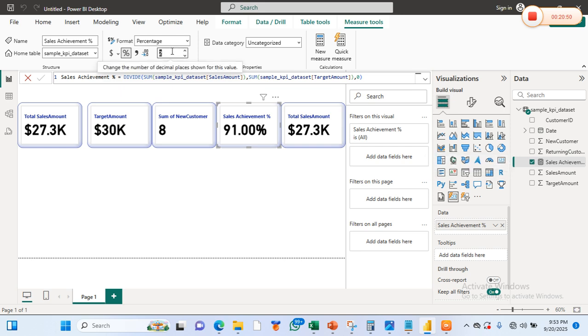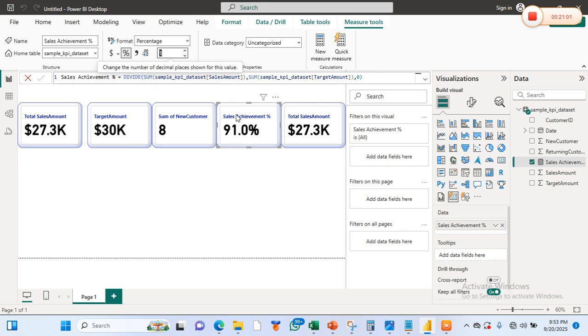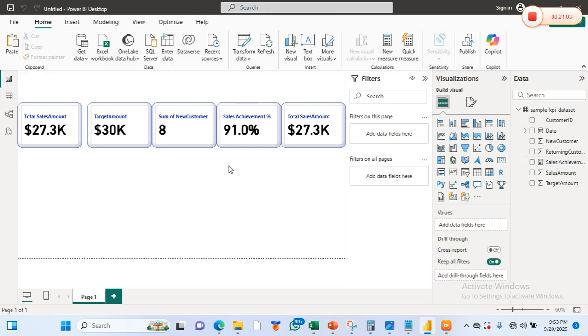And we are going to put in one decimal place. This is it. So this is our KPI. Permit me to remove this. All right.